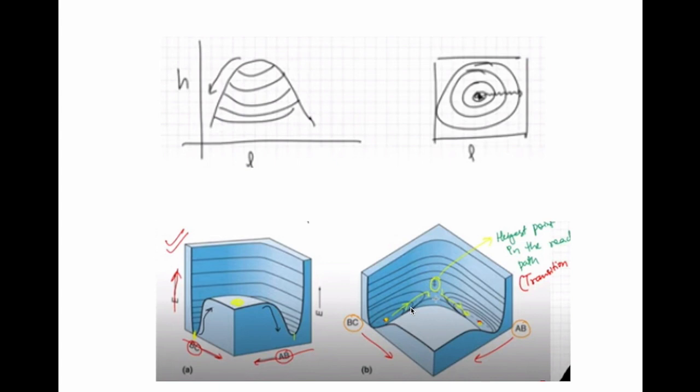And there are different contours developed. Here is the minimum contour for BC and here the minimum contour for AB, and moving from BC to AB is the reaction path. This yellow line shows the reaction path.